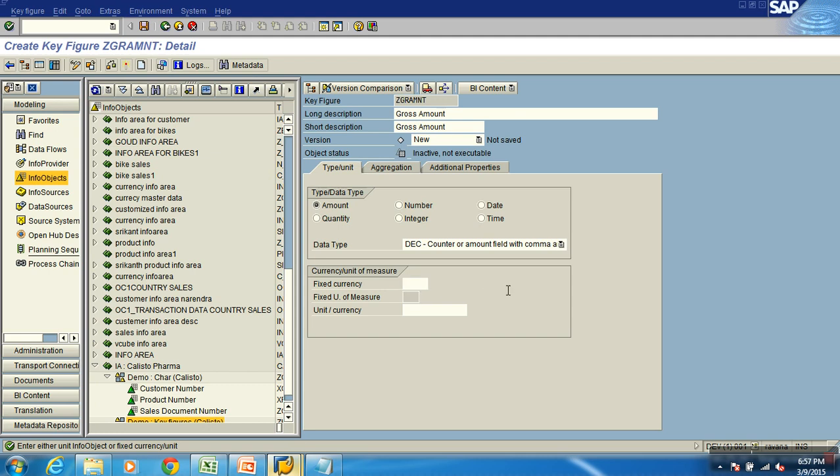I have a separate column which explains the currency for this key figure. For that we planned a currency rate column, I don't remember the name, you can say L4. Now I am saying I have this key figure amount which will hold amounts, and whenever I say amount, it must be associated with currency. To know the currency, please refer to this column. You getting what I am saying? Yeah, that's it. Activate.